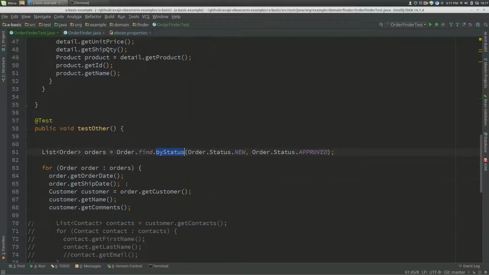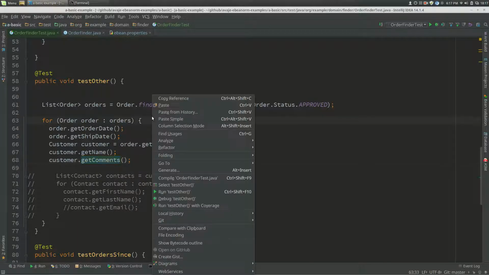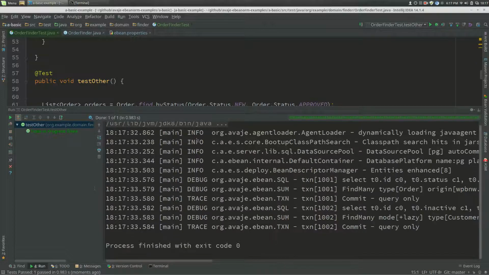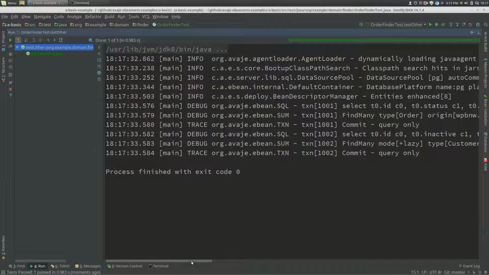So let's have a look at our simple one. We get a list of orders back, and we read the order date, ship date. We get the customer and read the customer name and comments. Now, before we turn on automatic query tuning, let's just run this query. And the first thing I want to point out here is that